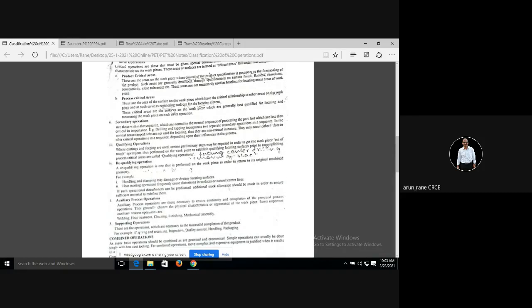For the transbearing cage, the basic process operation is casting, the principal process operation is cutting, the major process operation is turning. In the major process operation, I have already told you about product critical and process critical. Then the secondary operation is drilling, there is no tapping. Then the qualifying operation, you can say the sides of the square.